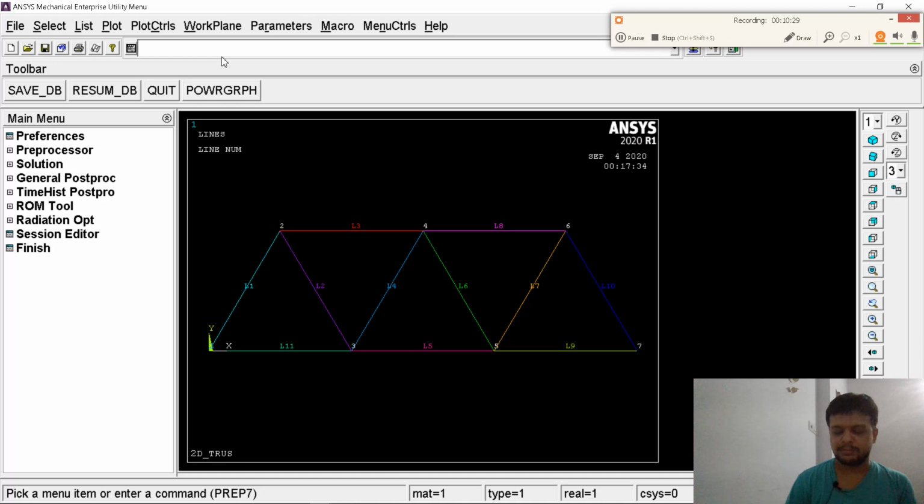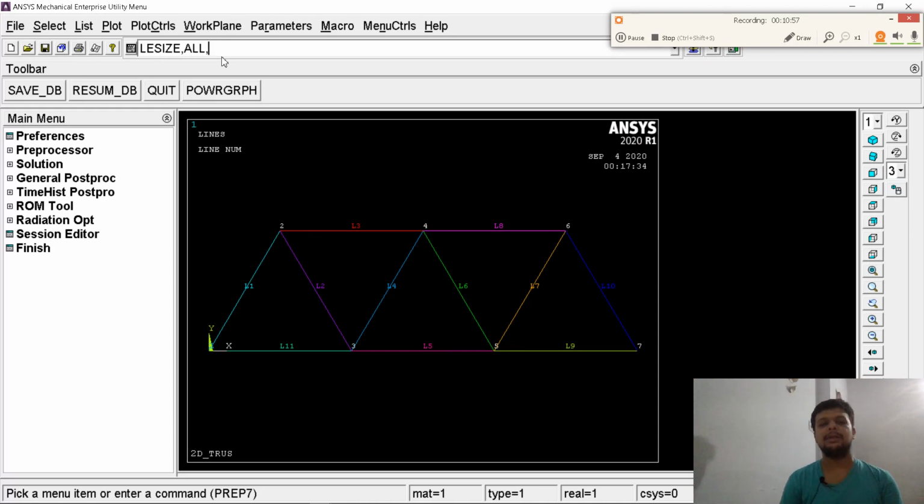Now it's the turn of meshing. We will select all elements and give the meshing size. So let us use the command SIZE. L means line, E means element, size means size of line element. We select all the line elements.